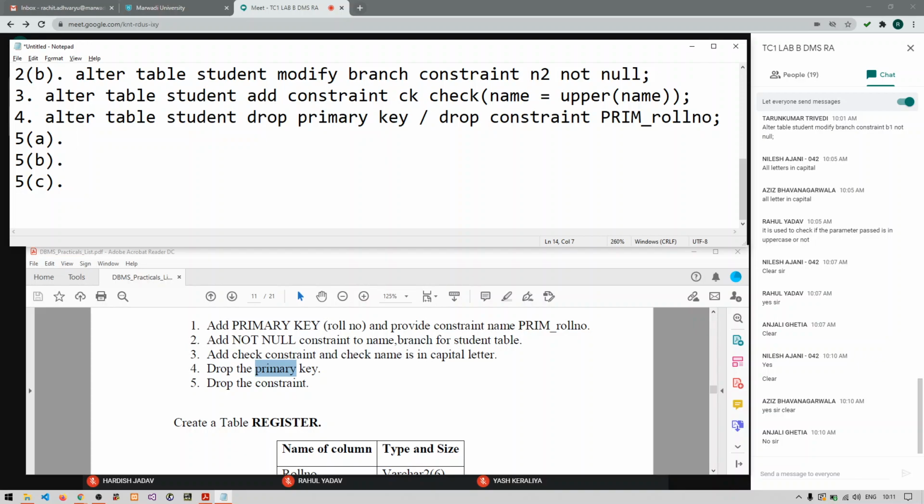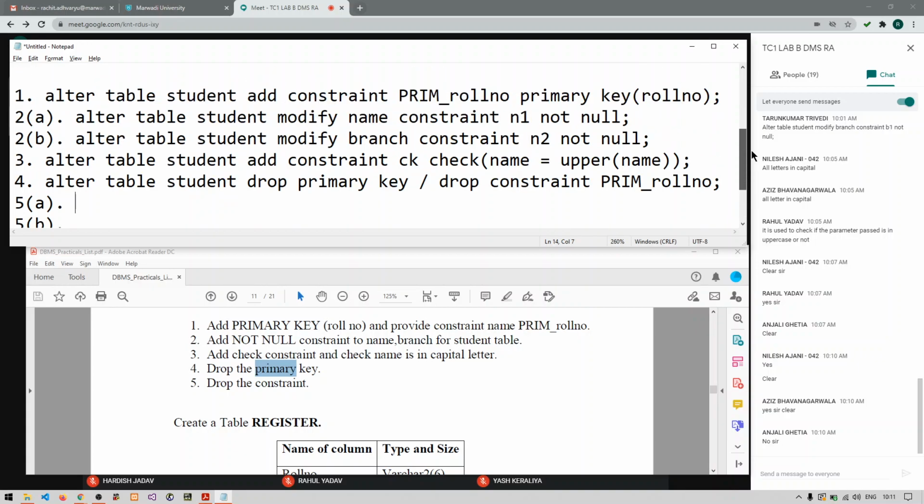Drop not null constraint of name column, drop not null constraint of branch column, and drop check constraint of name column. So just write down the answer how we can drop all these constraints.